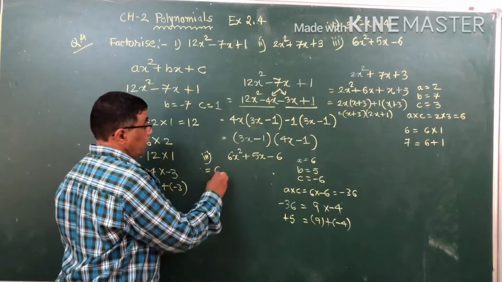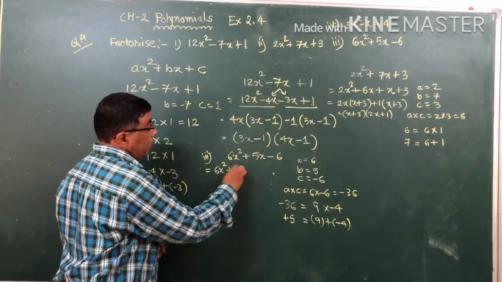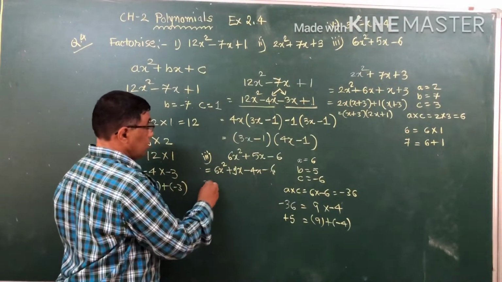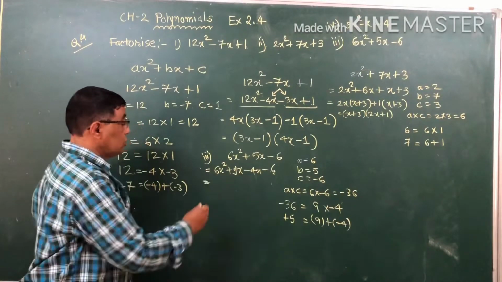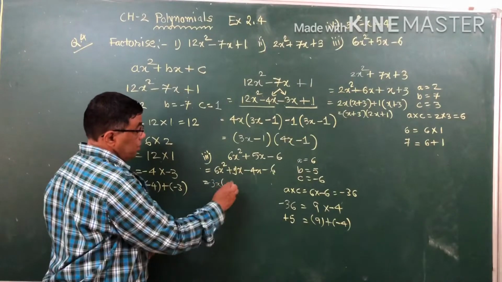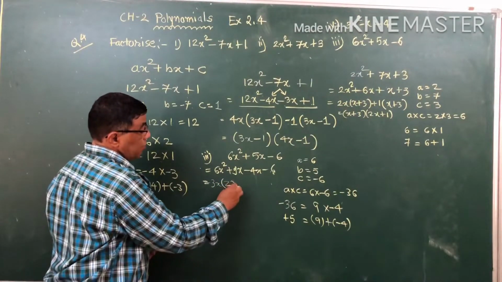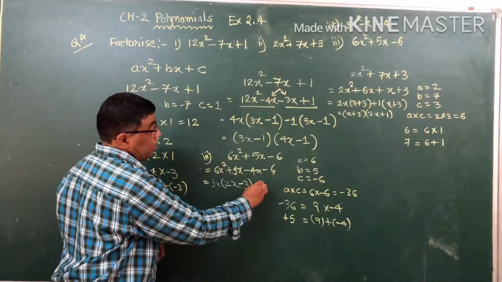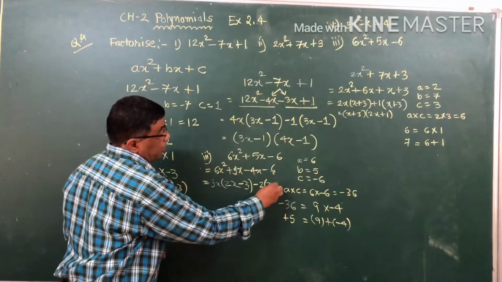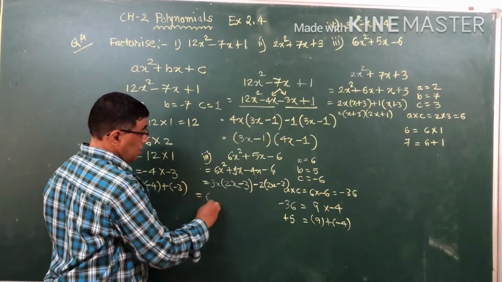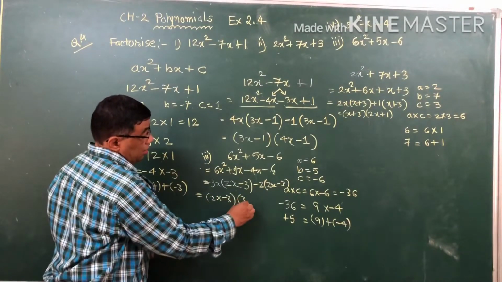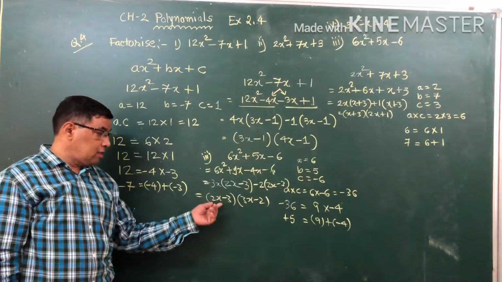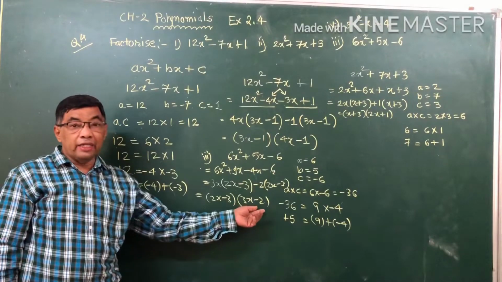So what we do? We write it here, plus 9x and minus 4x minus 6. We take out common from here. So 3 common and x common. The remaining term is 2 into x and here minus 3. From here minus sign common and 2 common. So the remaining term is 2x minus 3. 2x minus 3 common. The remaining term 3x minus 2. So this way we get the two factors, 2x minus 3 and 3x minus 2.